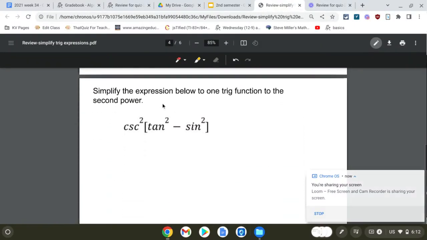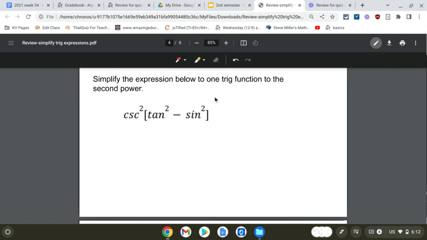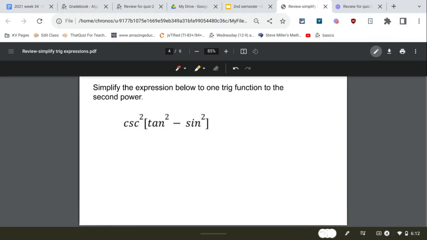All right, simplify the trig expression to one trig function to the second power. All right, so if I'm looking at this, I don't see a way of combining the tangent and the sine squared. There's not an identity for those two. So what I'm going to try is I'm going to distribute this cosecant squared inside. Okay, so it's going to give me